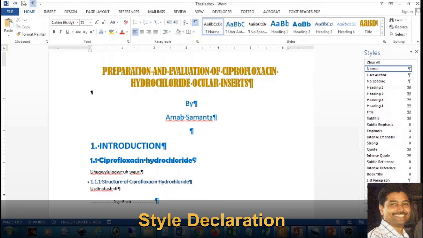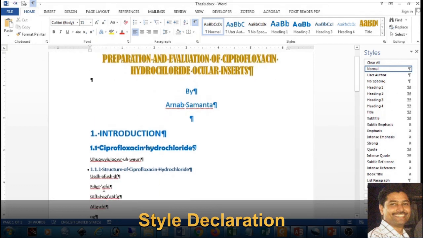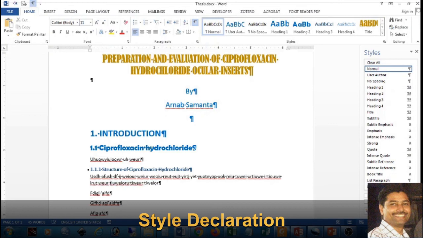Now rest of everything whatever you type, that will be in, you see if I click in any one, wherever there is this pi type of thing, this is nothing but the paragraph sign. So from here to here is one paragraph. If you go on writing, now from here you will find a new line is coming, but it is a single paragraph. Like this, it is a single paragraph.